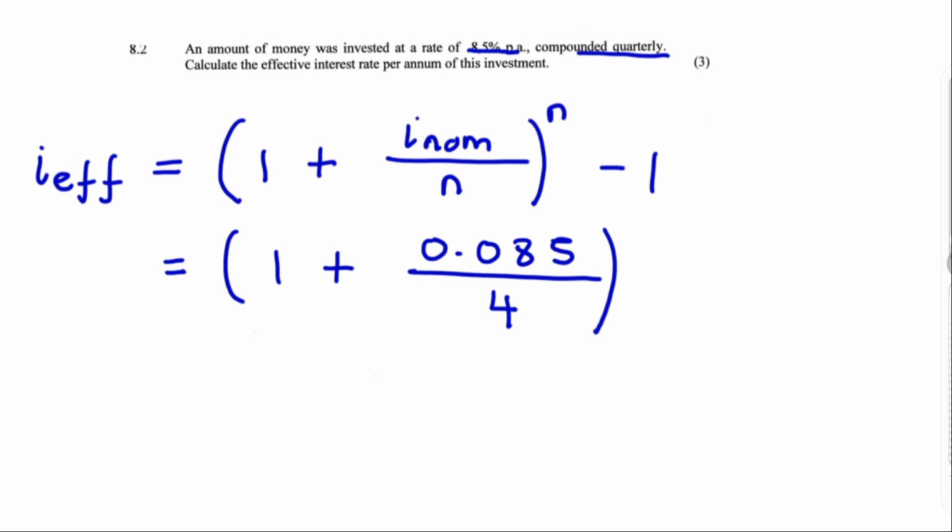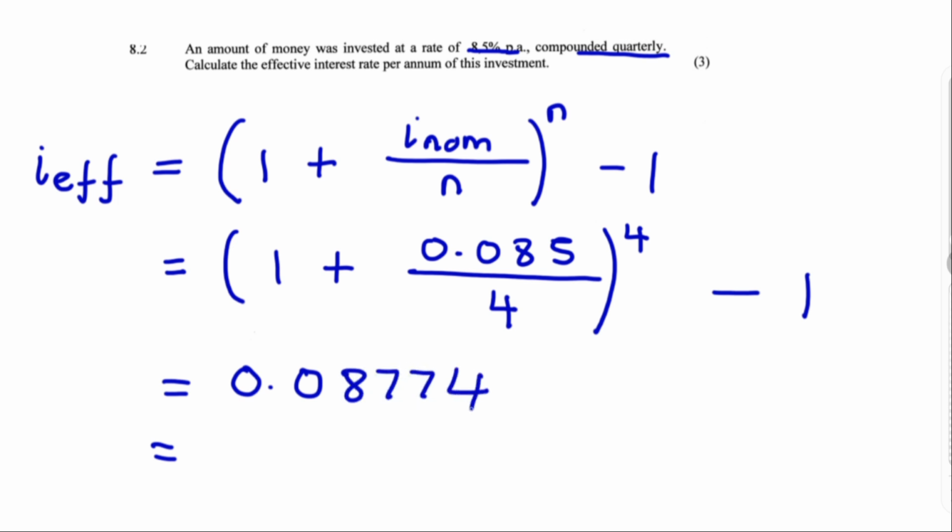Then the exponent will be 4, and then you have this minus 1, and if you punch all of that into your calculator, you should get an answer of 0.08774,